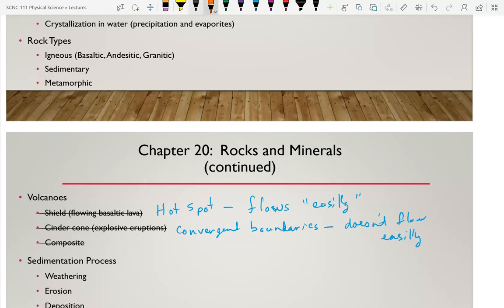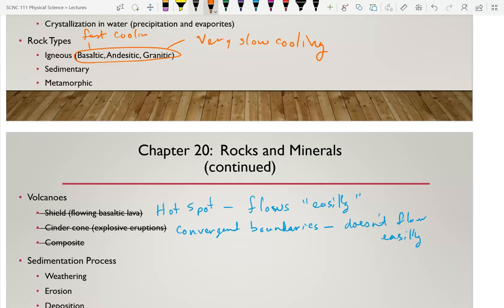So, rock types. Igneous. Igneous means fire formed. Igneous rocks are molten rock. Now, this has three different types. I probably won't ask you about these, but I will remind you right now. Granitic, very slow cooling. That you need to know. Basaltic,